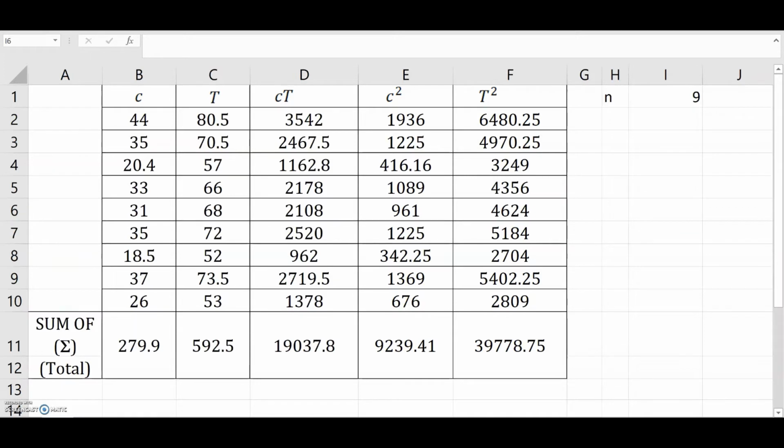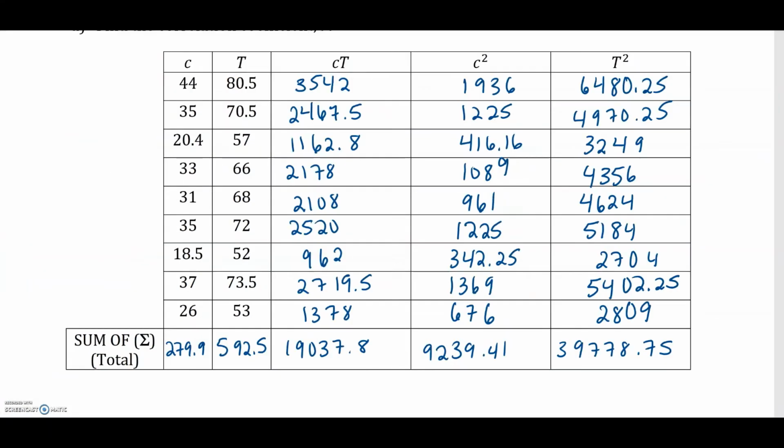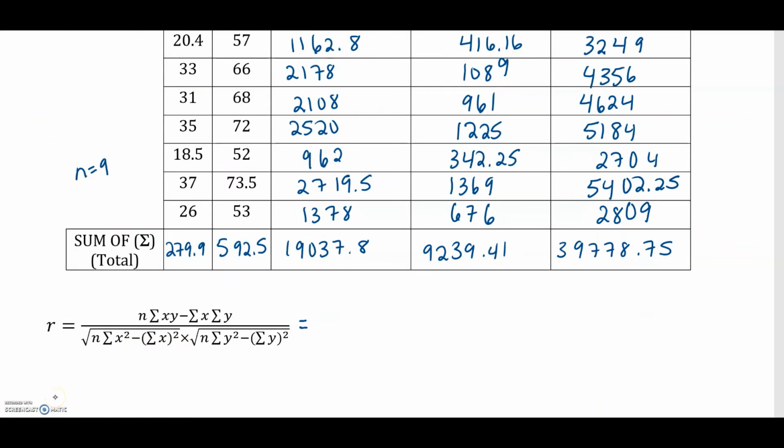Now I'm going to transfer the totals over to my worksheet. Now we can calculate the value of R. Recall our equation for R. We have that it's equal to 9 multiplied by 19,037.8 minus 279.9 multiplied by 592.5 all over